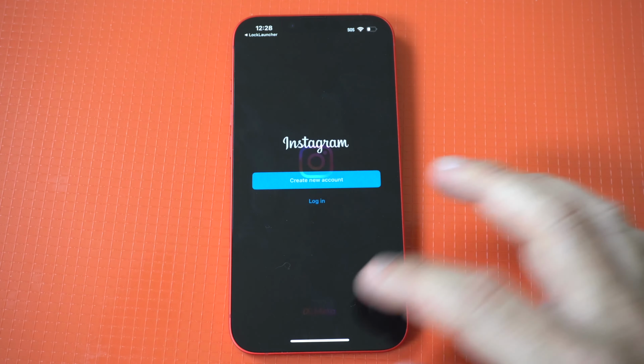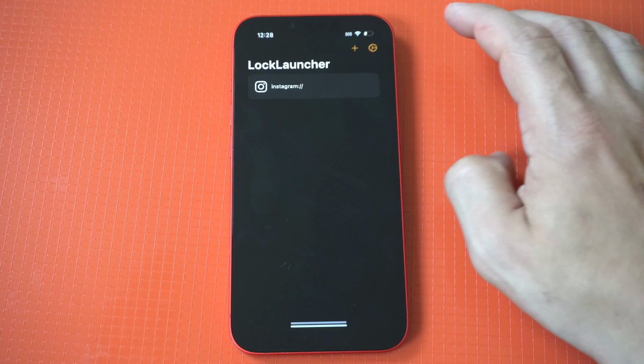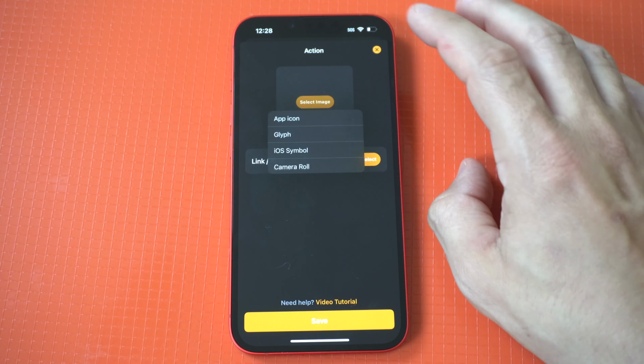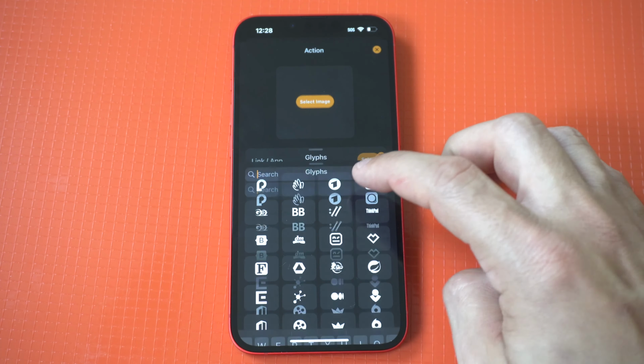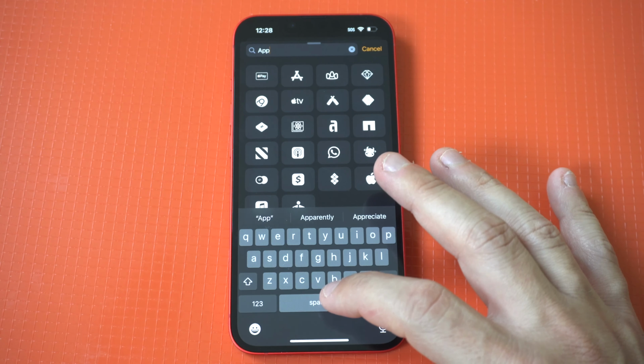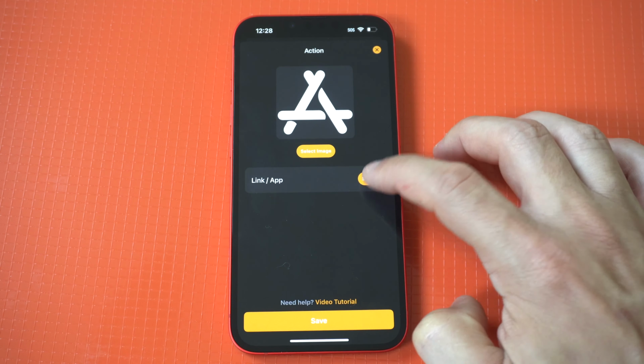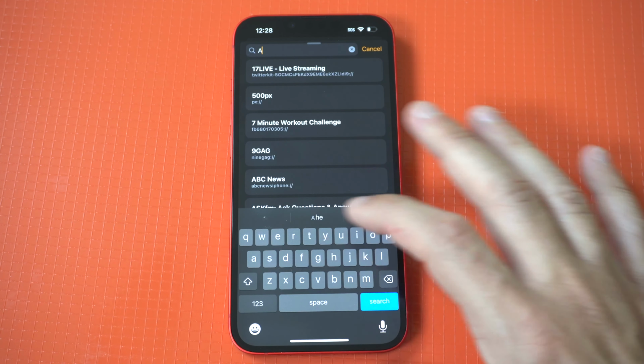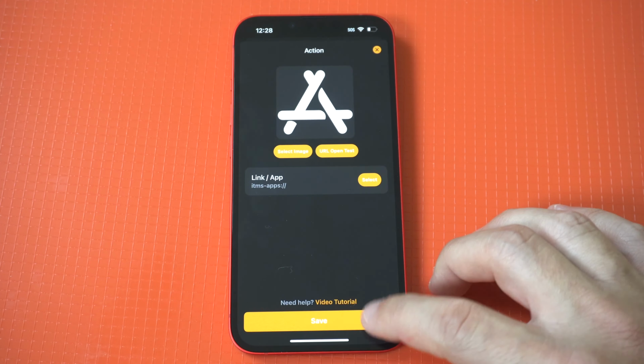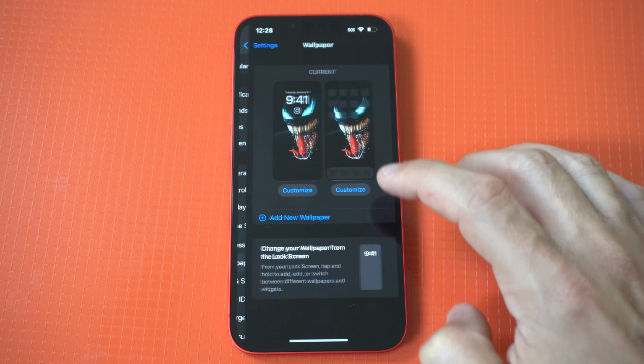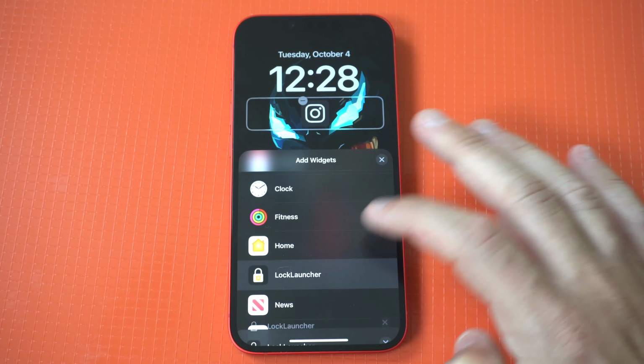Okay, I said I'm going to do a couple more examples for you guys. And next here is going to be the App Store. Now, I'm doing the same thing here. And keep in mind, they have tons of app icons within this app called glyphs. So, I mean, you could search for them or you just add your own. All right, so here we go through the process. Also, if you have any questions about doing this, feel free to message me below in the comments and I'll